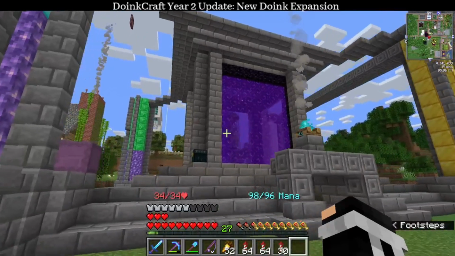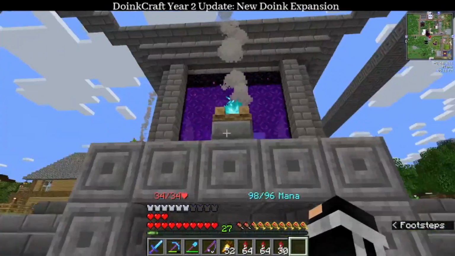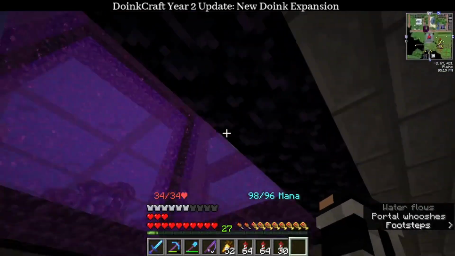This is the community nether portal that leads to the actual nether and not the nether roof. A camp just built. And here is a nice hole. I'm sure it's gonna be...